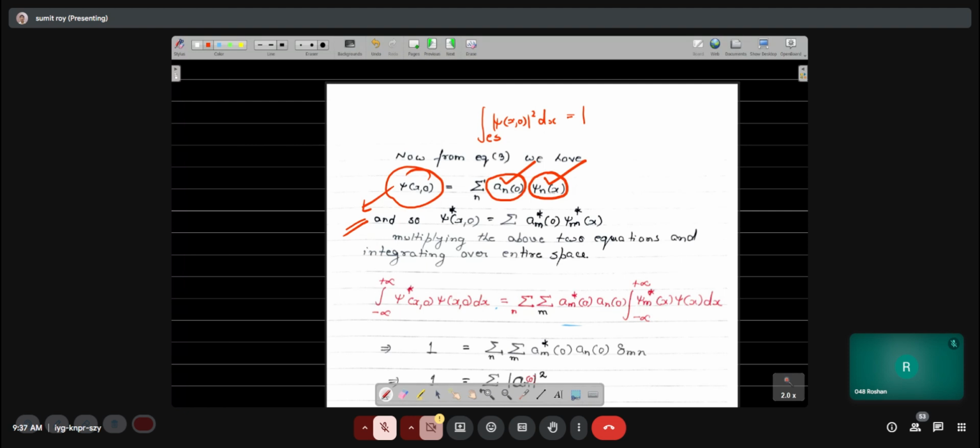क्वेश्चन समझ आया? Yes, sir. अब आंसर बोलिए।